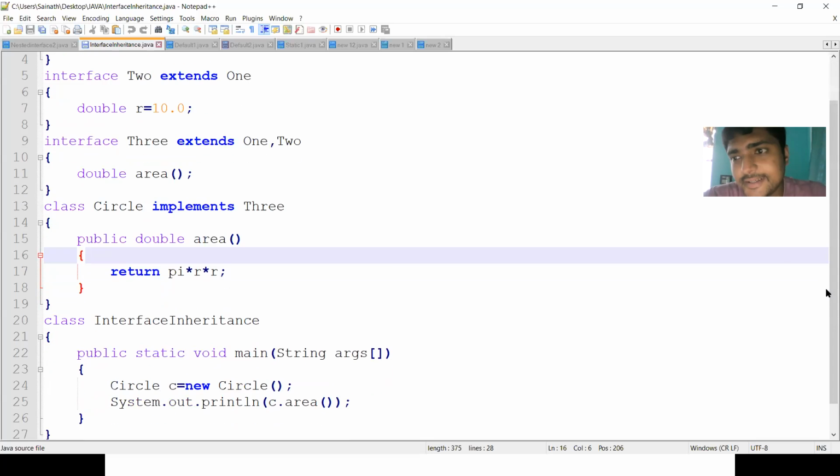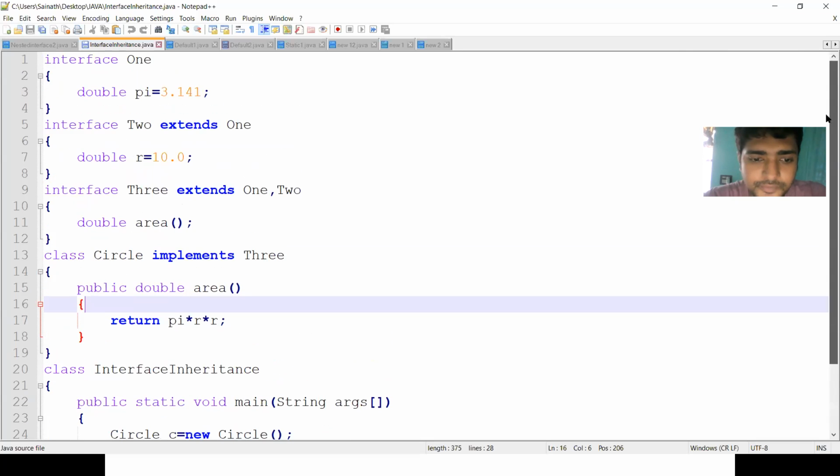So this is the simple inheritance concept in interfaces. Interfaces support the inheritance concept, like classes. So let us move to the next topic.